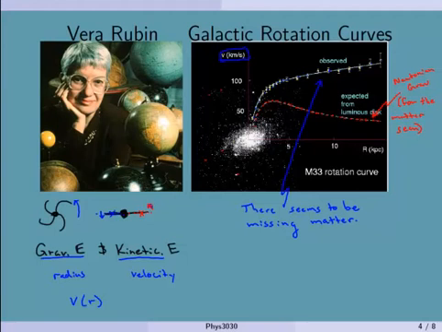And one of the big things is that Vera Rubin did so many observations with her students to show that this was not just one rotation curve. This was many different rotation curves. You can do this on different telescopes, and people independently corroborated this. And this is why the idea of dark matter took off really with Vera, as opposed to back in the 30s with Zwicky and Oort, because they only made a couple observations and weren't sure what was going on. Okay?